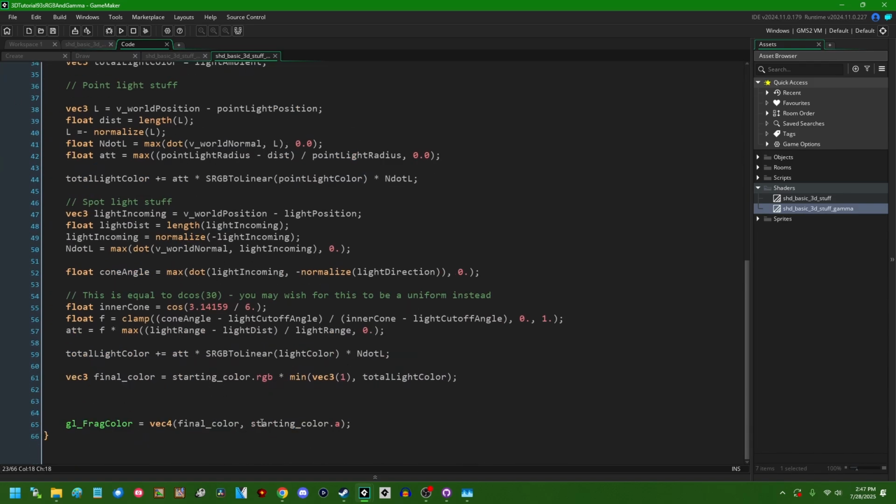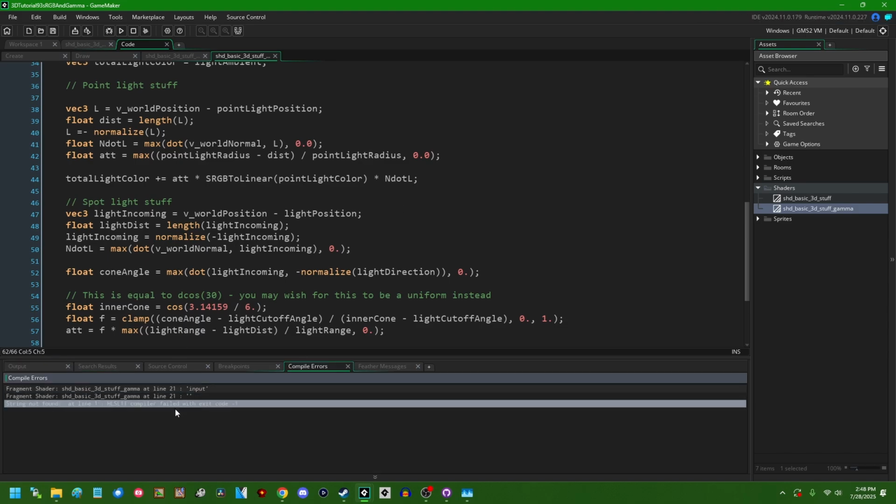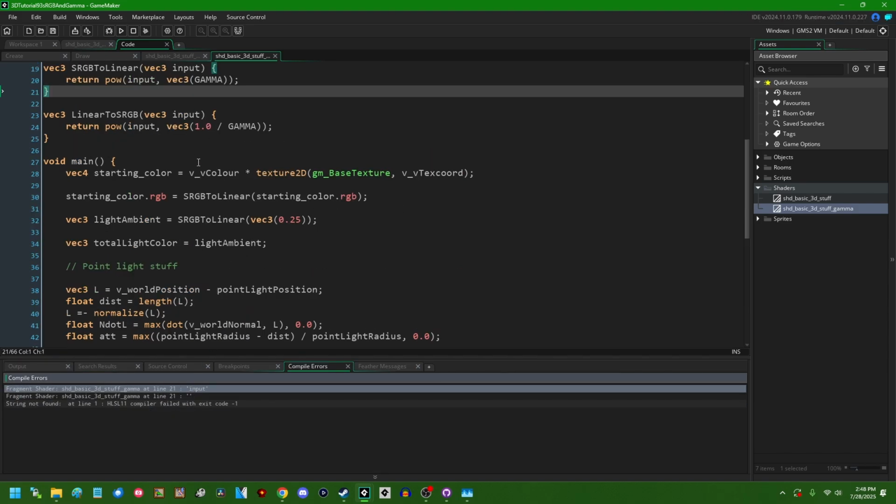So when we say gl_FragColor equals something, we can say our final color right before the end is going to be linear to sRGB of final color. And that is going to complete the cycle. So we're back in sRGB color space. So if I run the game now, assuming I didn't make any compile errors, which it looks like I did,